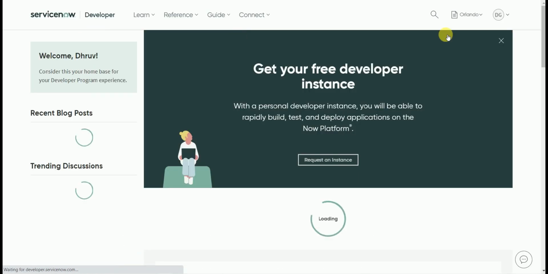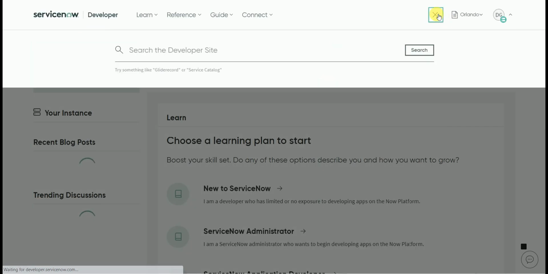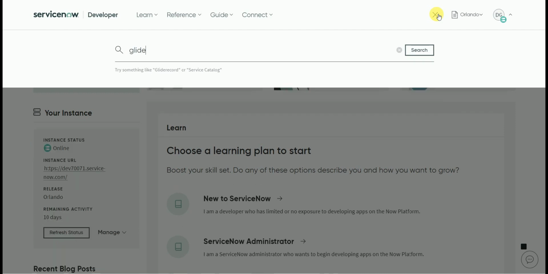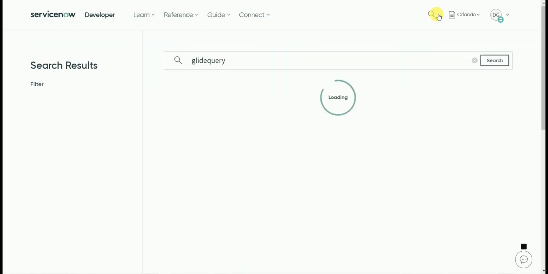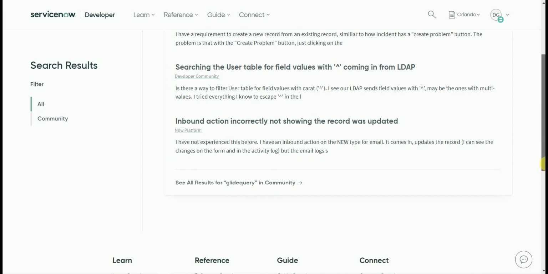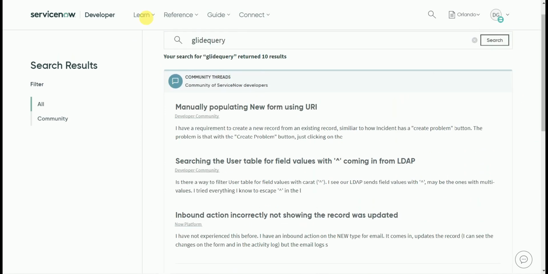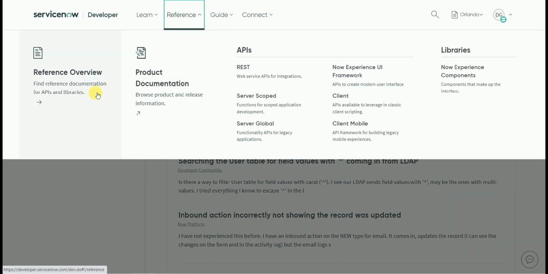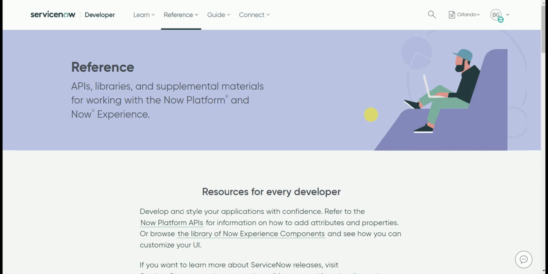let me have a check. Manually populating, this is not what we are looking for. There's nothing. Just check in the API as well. Okay, let's check for server side APIs as well.